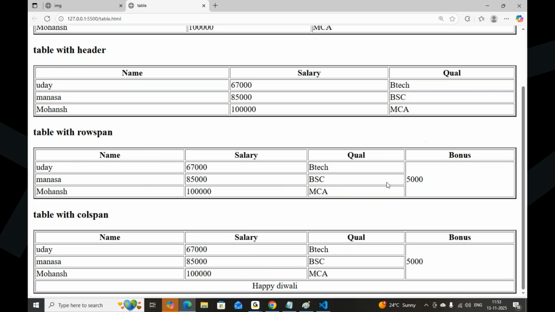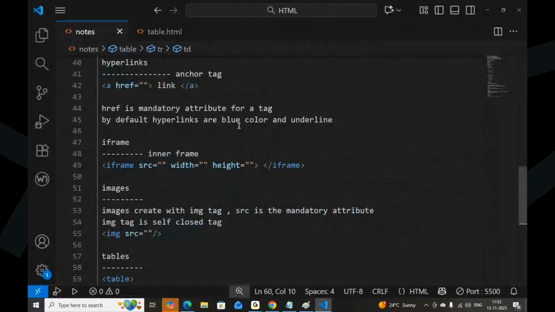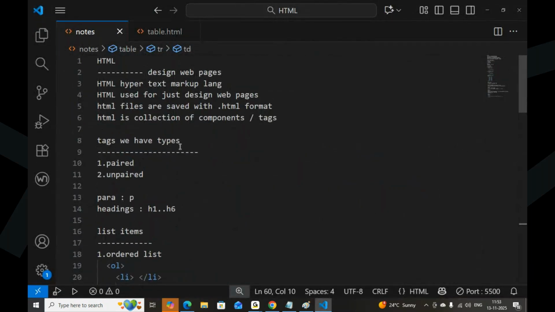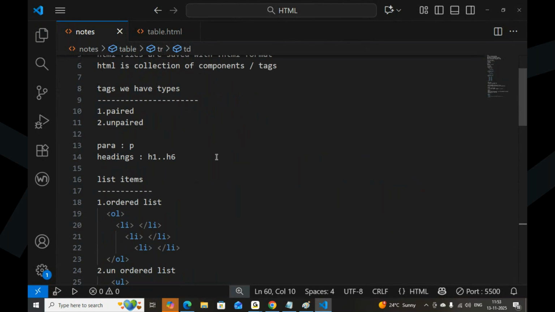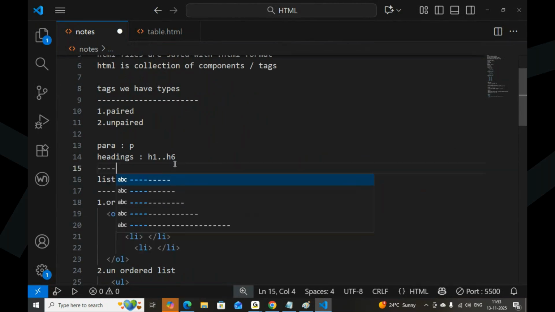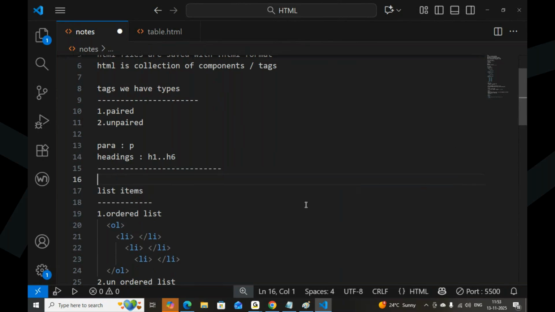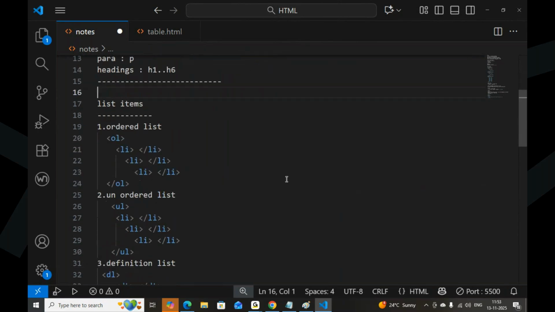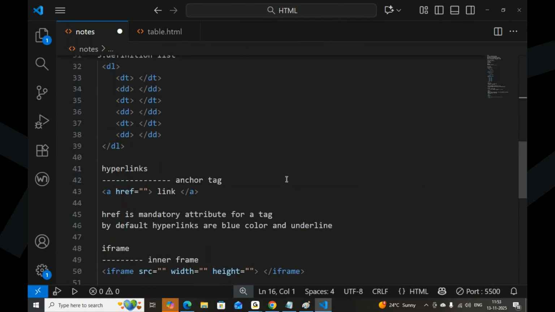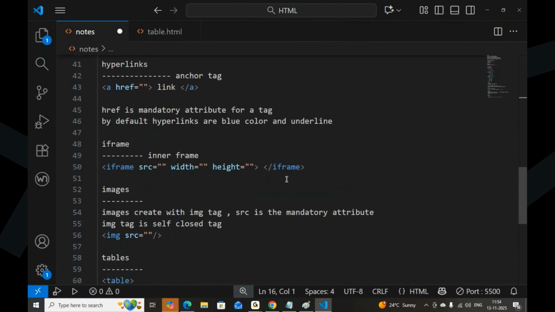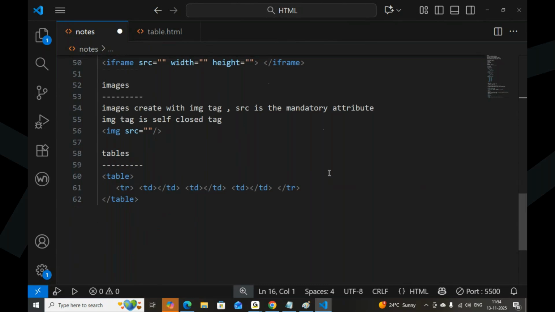Okay. What are the tags we discussed so far? We discussed paired and unpaired tags, paragraphs and headings, three kinds of lists: ordered list, unordered list, definition list, and hyperlinks. We discussed iframes, images, and tables. That's all.